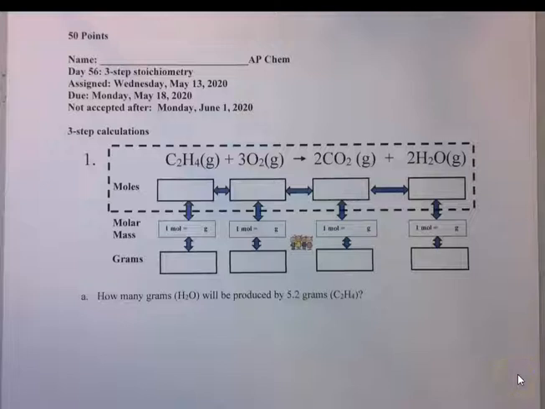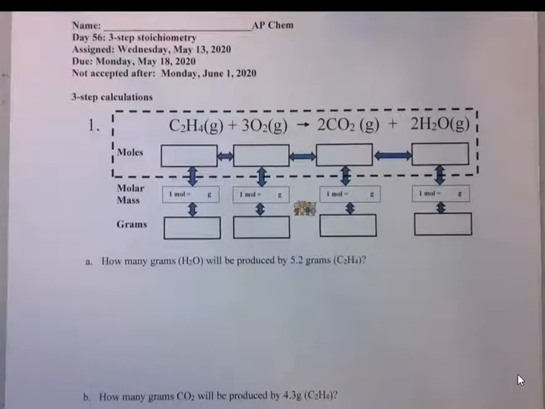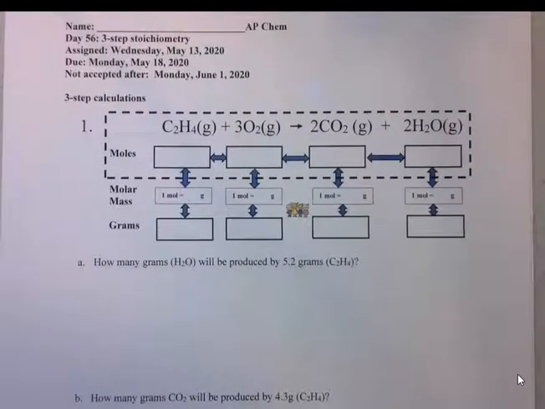All right, chemistry class, Mr. Mellinger, and we're now on day 56. This is Wednesday, May the 13th, and our topic is going to be 3-step stoichiometry. It's exactly the same thing that we've done on Monday and Tuesday, except we're now going to add a third